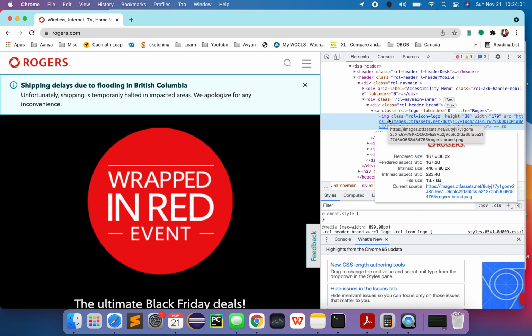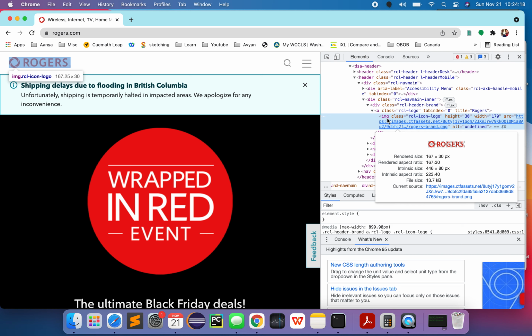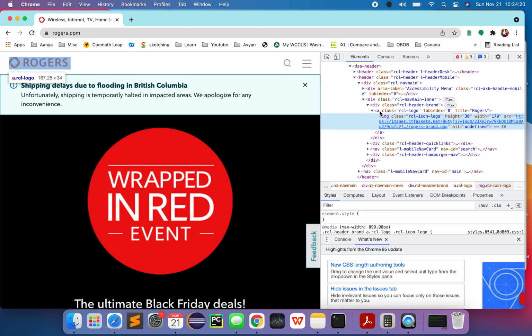It's an image. So this first thing tells you what kind of element this is. Like somebody is a toddler, somebody is a kid, girl, boy, man, woman, like that. So the first thing tells what kind of element this is. Something can be an image, something can be a div, something can be a hyperlink, like a is a hyperlink, something can be a header, something can be anything. So that's the kind, and this is the image.